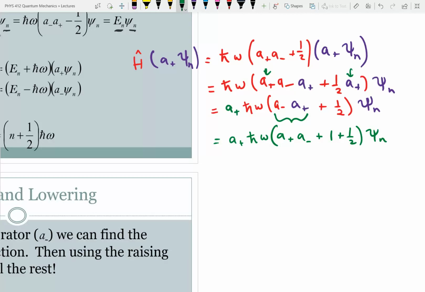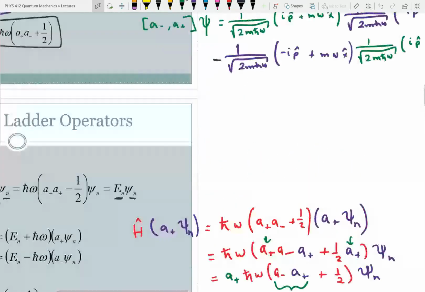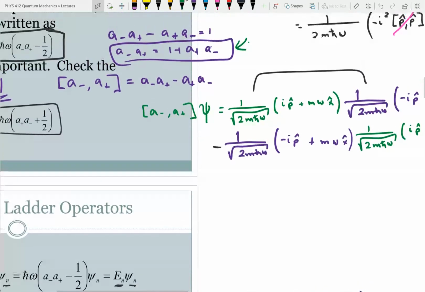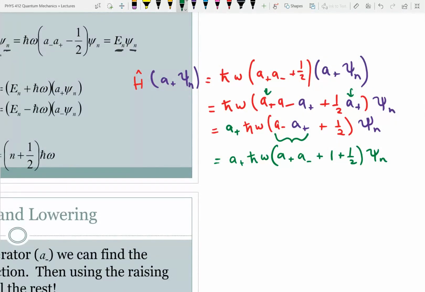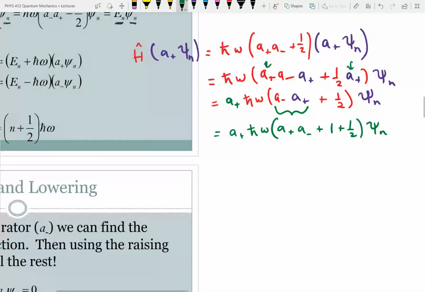And so taking, see, did I get all my signs right? A minus A plus is 1 plus A minus. Yeah. And so taking this, I could write this as